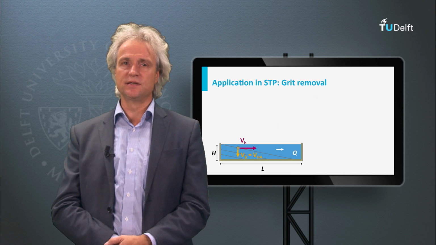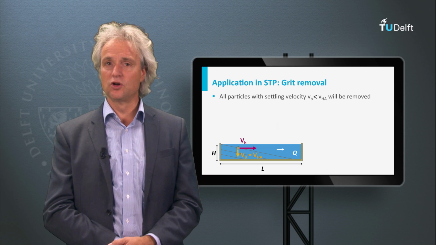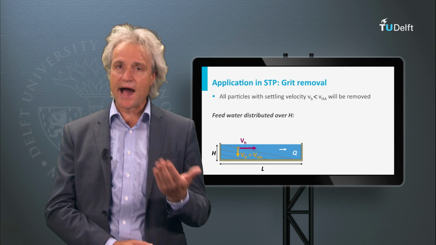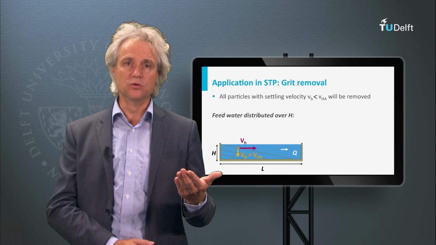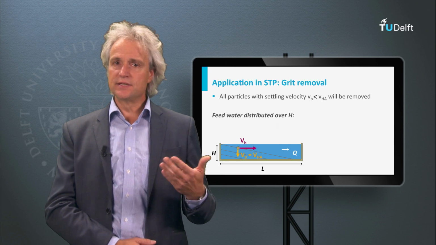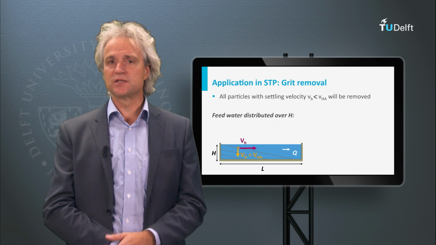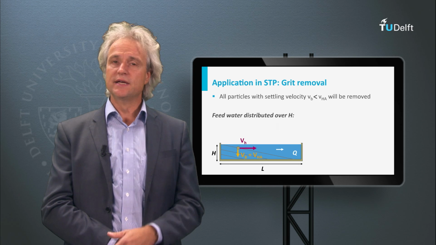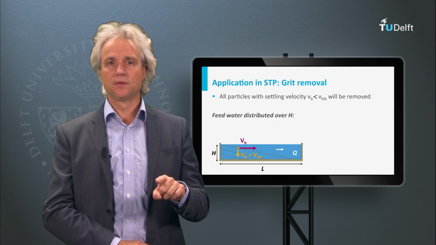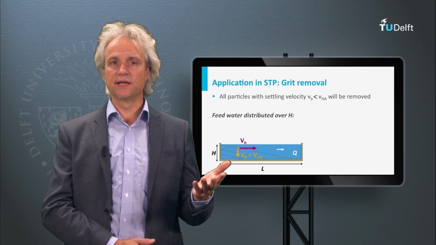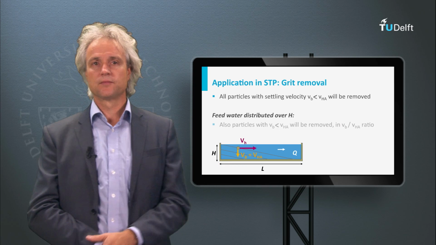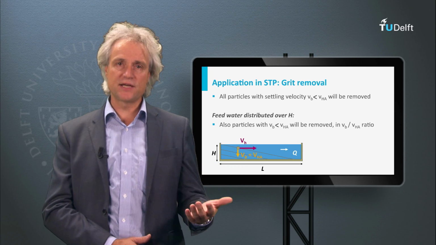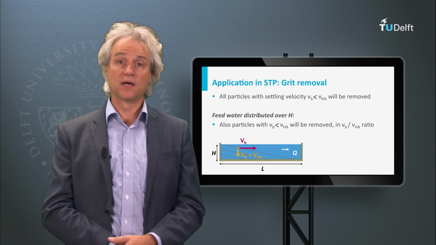Having the Hazen velocity or maximum hydraulic surface load determined, we may understand that all particles with a settling velocity higher than the Hazen velocity will be removed from the waterline. Since the various particles are characterized by different settling velocities, often the feed inlet of the grit chamber is distributed over the height. What will be the impact of such a feed inlet? Yes, indeed. Also particles with a lower settling velocity than the maximum hydraulic surface load will settle,